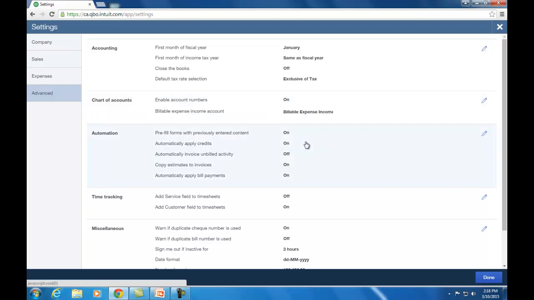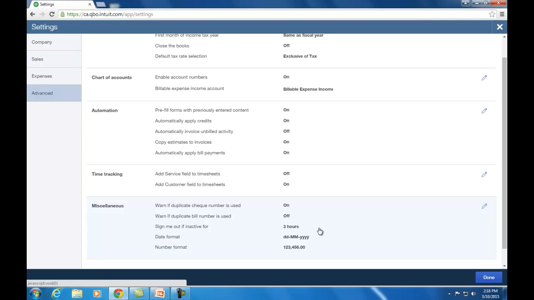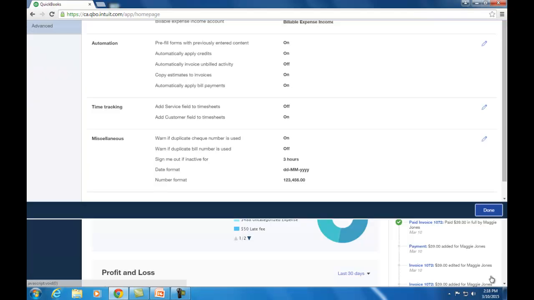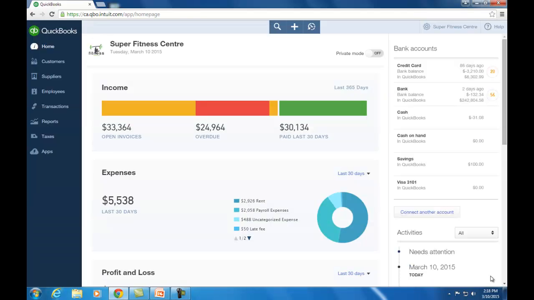There are a number of things that will let you help QuickBooks do some of the work for you. Edit these according to your needs. Finally, you can see time tracking options and miscellaneous, where you'll be able to customize QuickBooks around the date format, the number format, and other small things that will be meaningful to you as a QuickBooks user. Once you've edited the settings and you've completed the customization, click Done. And that saves the settings. Anytime you need to refer back or make changes, you can always go back to the settings and update them